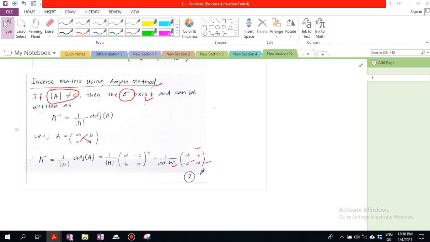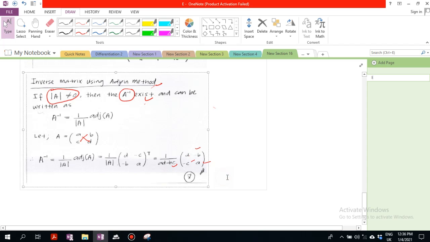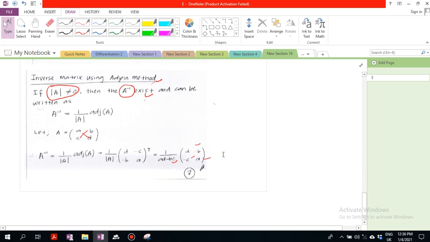So that's why just now we learned about how to calculate the adjoint and also determinant. Okay,